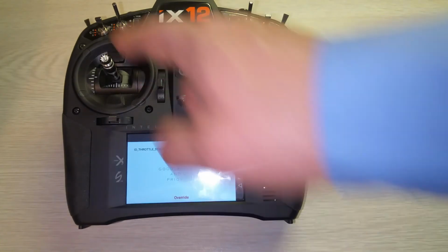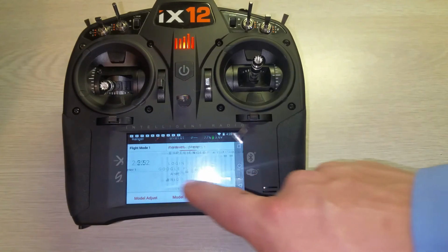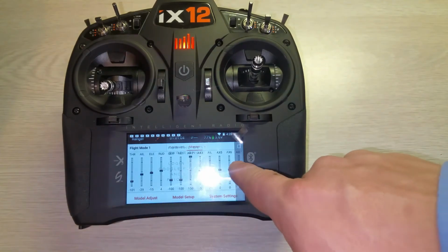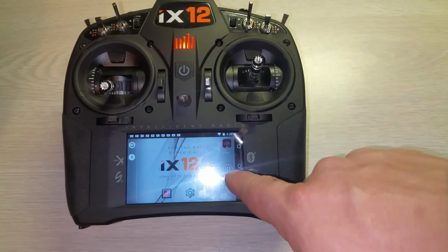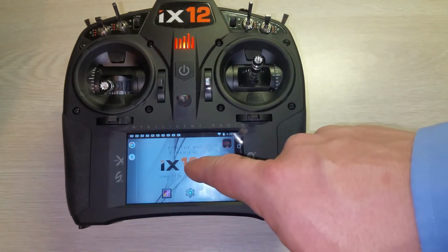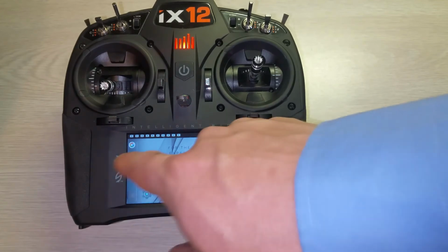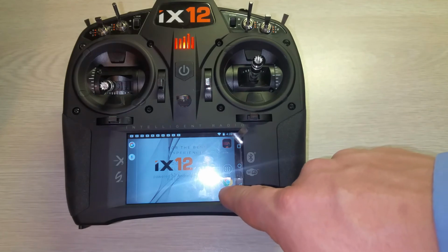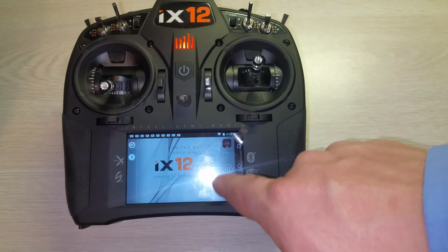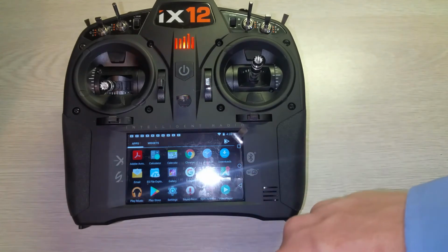Let's see. Whoops. I don't know what I'm doing. Okay, so that's back to 0. If you swipe really quick, you can go into your Android. So now you're not in the Airware app. Now you're basically in your Android. So if you want to pull up, you can go to your menus and you can find everything that you want on there. You can go to your Android store,